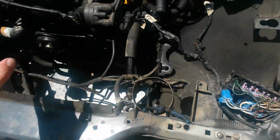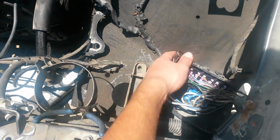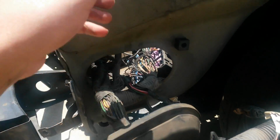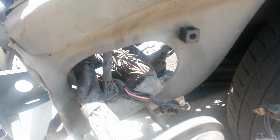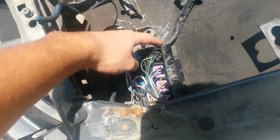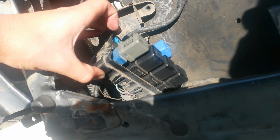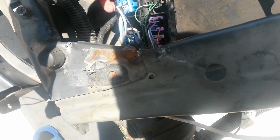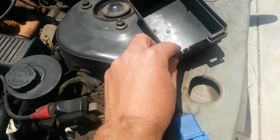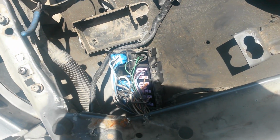Alright, now in order to take the harness out of the engine bay, you need to fit the fuse box through this opening. However, it's too wide with all the fuses and everything in it. So the way to go about that, these are all relays. Anyways, you take apart the casing,